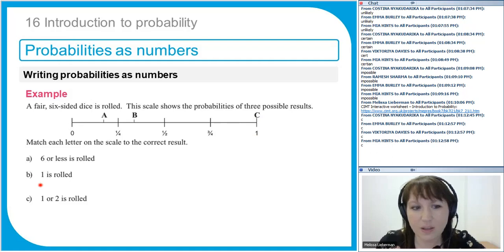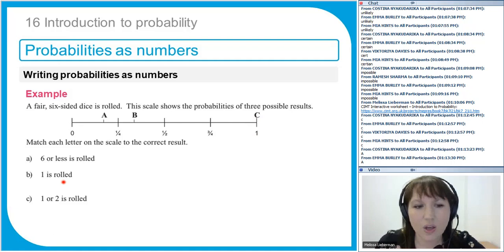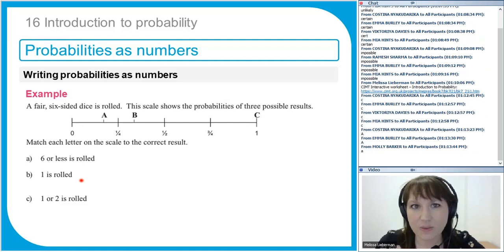What's the probability that you will get a 1? With a dice that's fair, you've got an equally likely chance of each one happening. So if there are 6 possible outcomes, the probability of all of them happening is 1, and 1 divided by 6 is 1/6. So the probability of each number is 1/6. They're all equally likely to happen. So it works a lot like fractions. The probability of getting a 1 is 1/6.